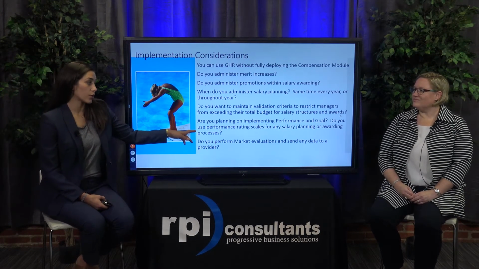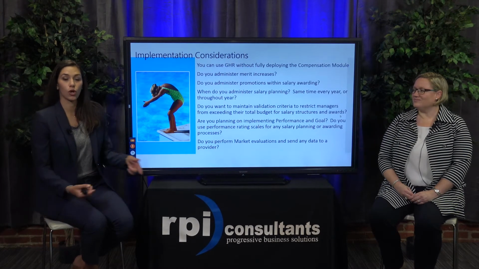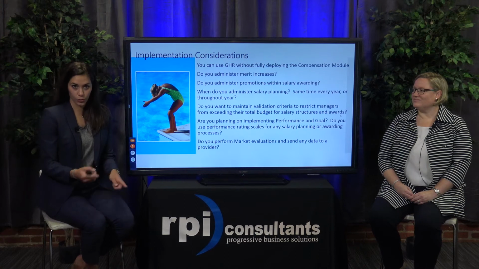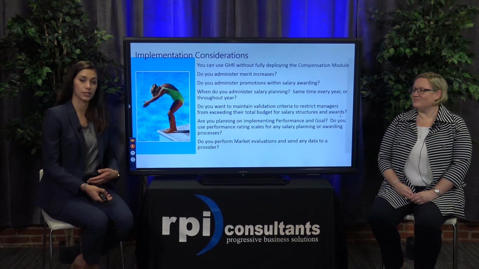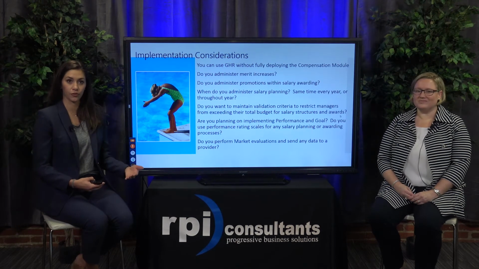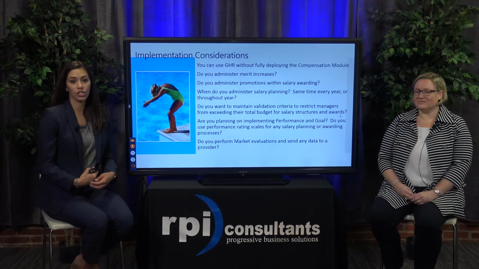And along with that, if you are planning to do performance and goals, in which order do you want to do them? Do you want to start the incentive processing first and then kind of marry that in with performance and goals, or do you want to get performance and goals up and running first and then figure out how to do that incentive compensation afterwards? So just something to think about.